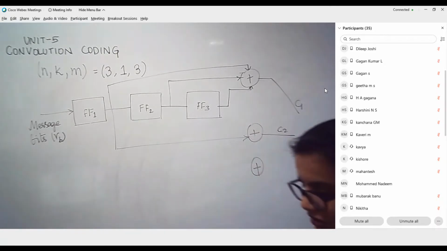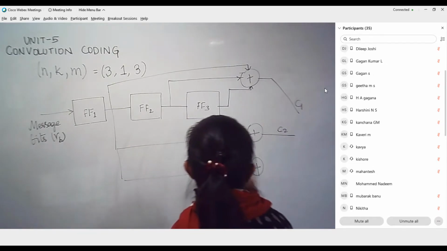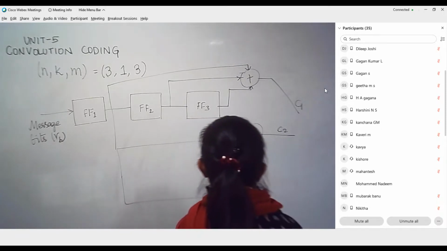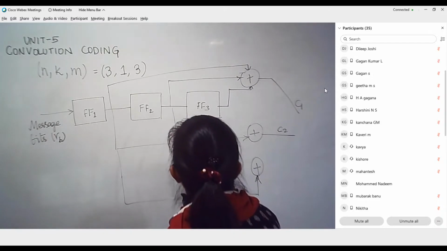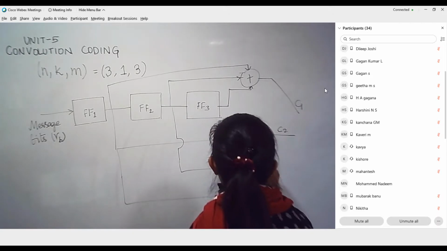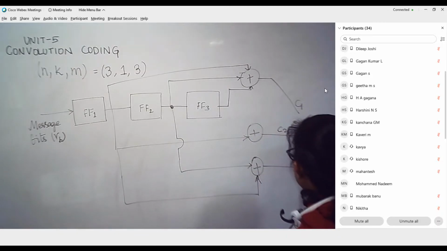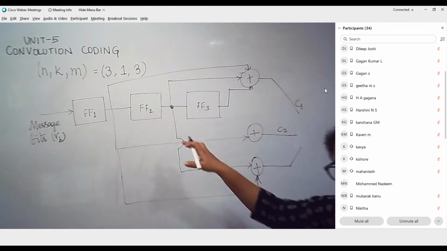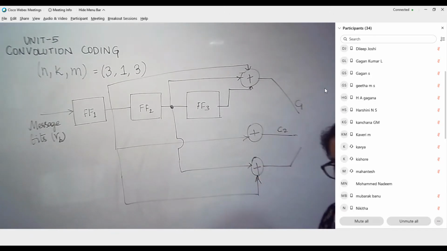This is C2. Then the last one is the output of flip-flop 1 and the output of flip-flop 2. This could be any combination. I mean, this coding technique or coding equation could be anything. This we will see a little bit later, how to design and how to write this structure. I mean, which modulo 2 adder I need to consider, how to pick only this. These are dependent on the code that we are trying to generate.